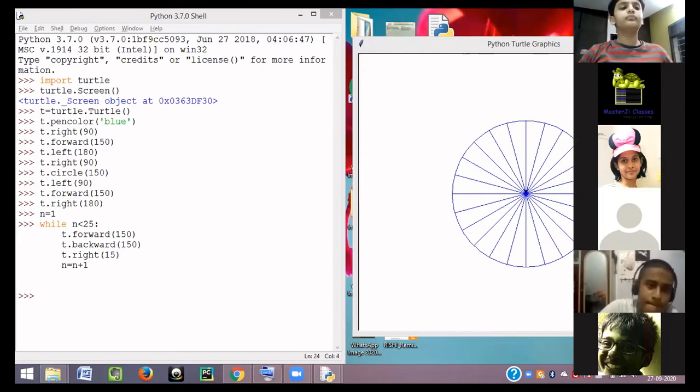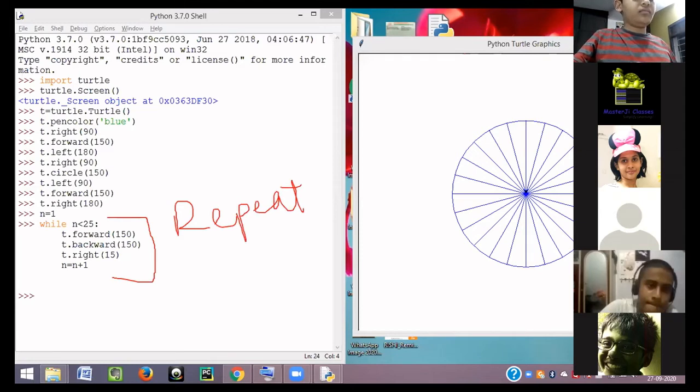See, first of all, just keep in mind for the time being that there are two methods of writing a loop. One is a for loop, which we used for the Olympic rings, and for the Ashoka Chakra I used the while loop. There are two ways to write the loop. In Scratch, there was only one way, a repeat loop. In Python, there are two types of loops. Just imagine while to be a repeat loop.